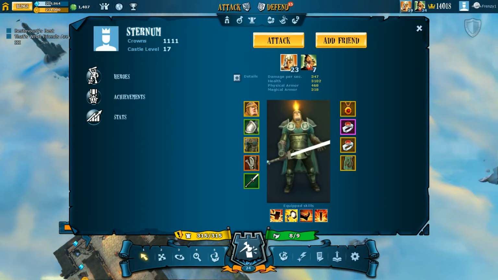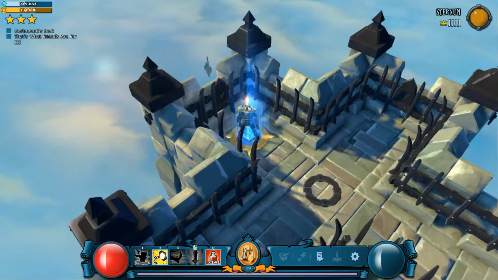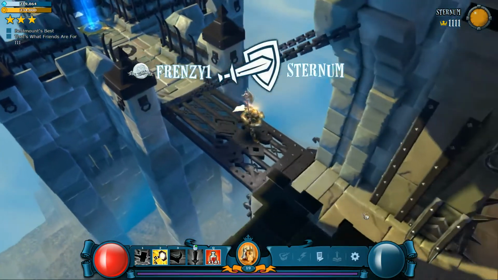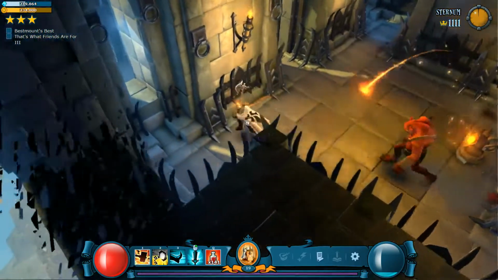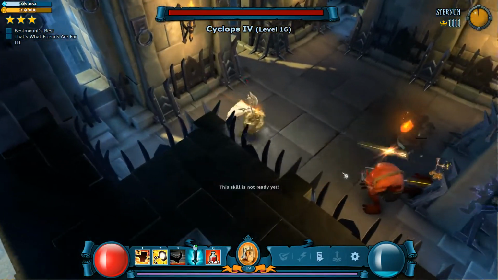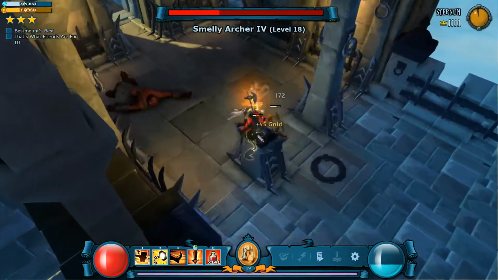Today we're going to start off with Sternum, Castle level 17, jump into it on my knight. Let's see here. Alright, charging Cyclops. I don't see anything behind it yet. There's the archers, alright. So I think your archers might be a little too far back, but it might not